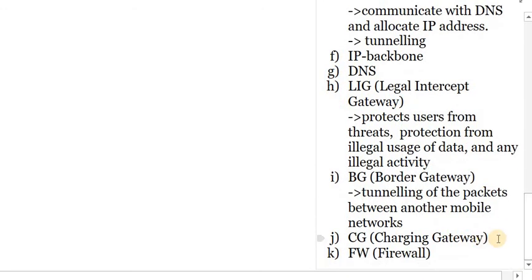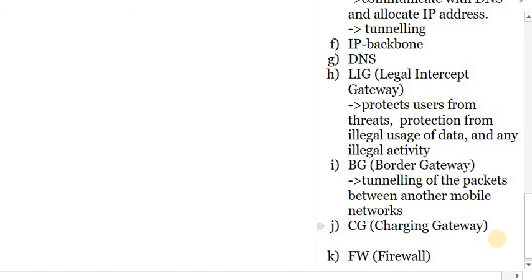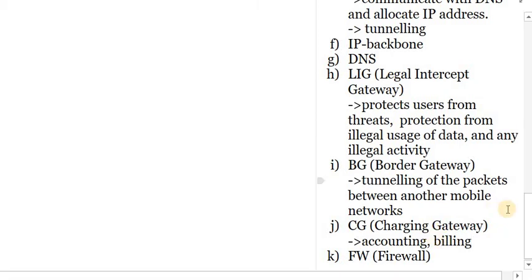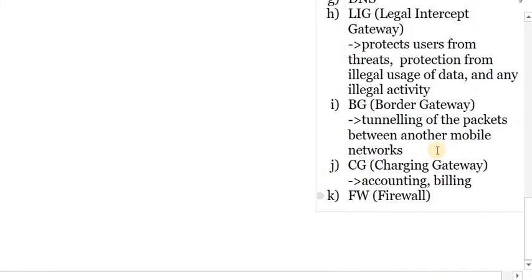Charging gateway is very simple. It is used to perform accounting and billing type of functionality. Billing of the data usage and accounting of what a particular user has used, their charging data, at which type of websites.